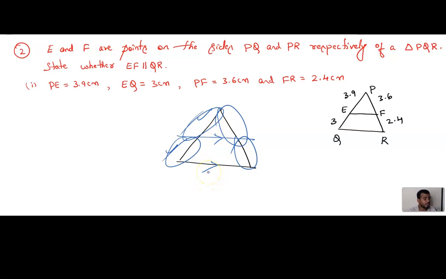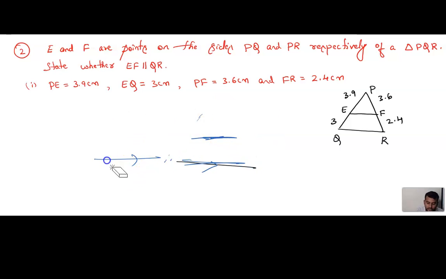Understood. Now vice versa, if these sides are parallel, then what happens? Then this side is parallel to this. If these sides are proportional, if the opposite side, if these sides are proportional, then these sides are parallel. You didn't understand? Let me explain once again, because this is a very important concept throughout this chapter. Now, example. Here two concepts are there. One is BPT, another one is converse of BPT.